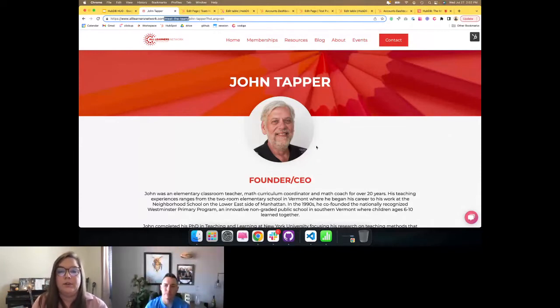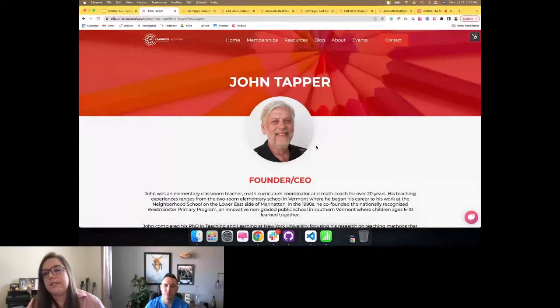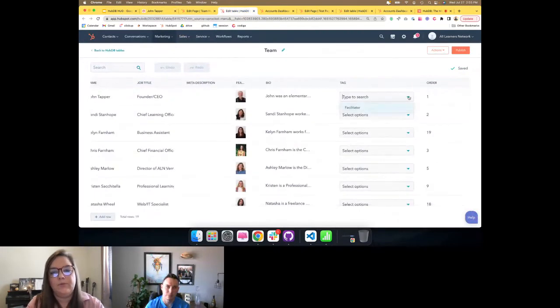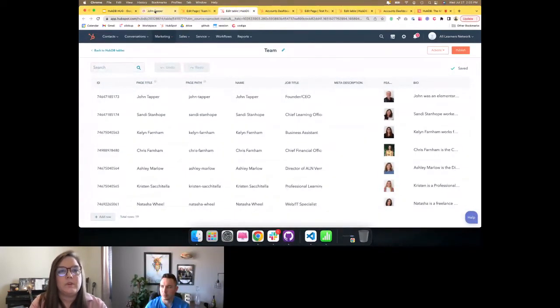And you can also tag these, I believe, in this table. You can have different tags, so you can display them on different parts of the page. You can set a specific order. So I think, yeah, team pages, and then resources are also a good one,